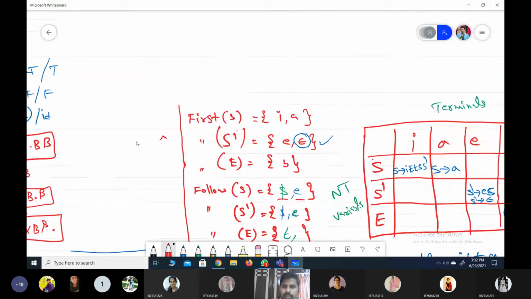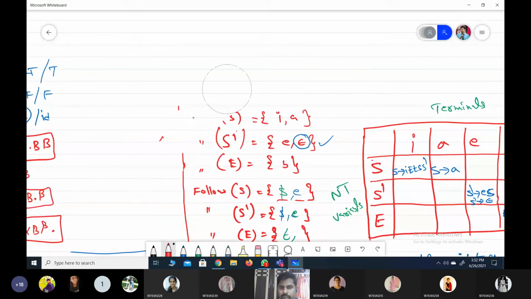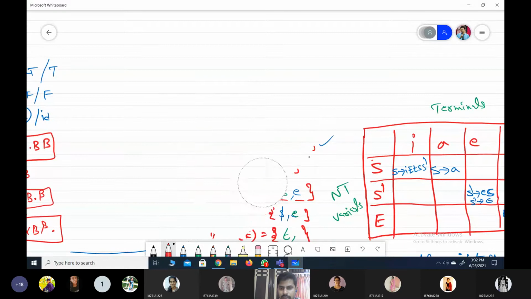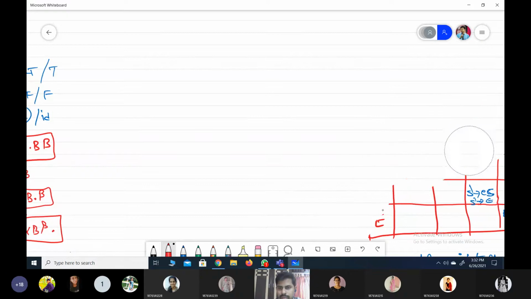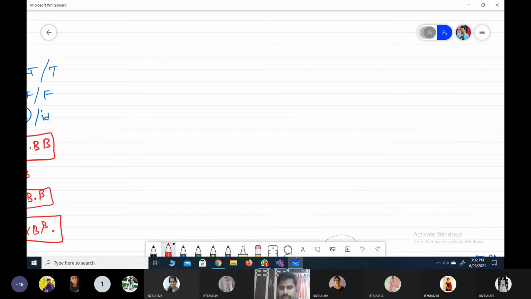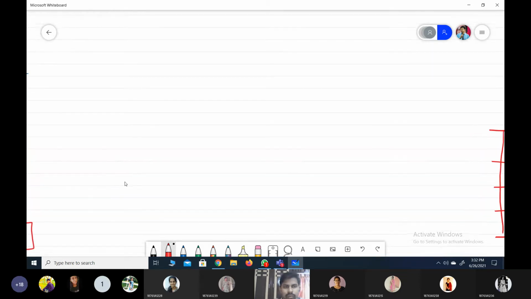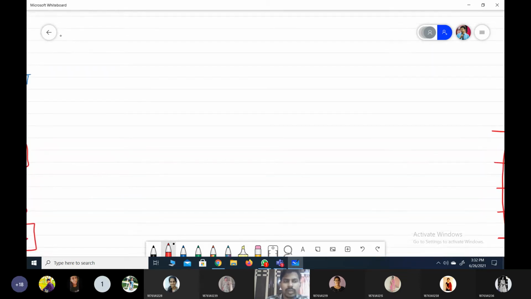Yes, sir. Here I am writing all the item-related instructions. First, I would like to erase all the contents. Initially, I considered the augmented grammar. The first state is nothing but a closure set only, identified from the augmented grammar: E dash tends to dot E. If you have done that, that is the first item set.